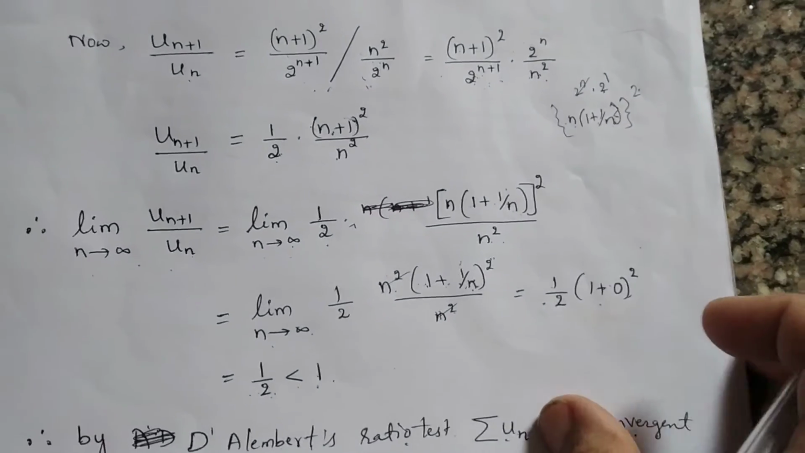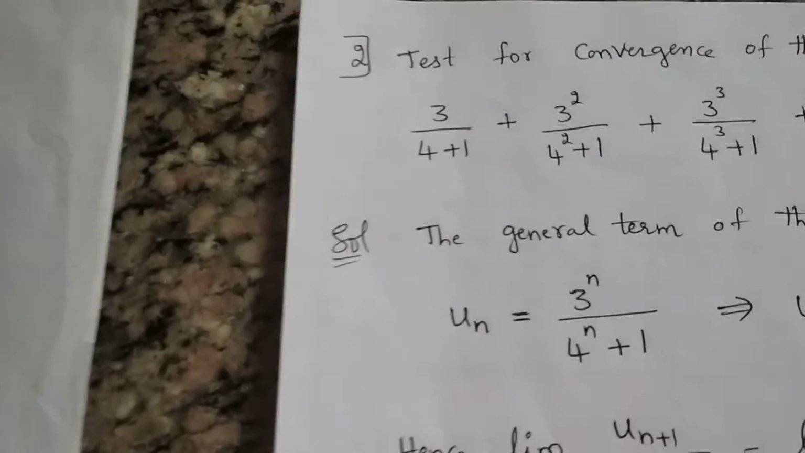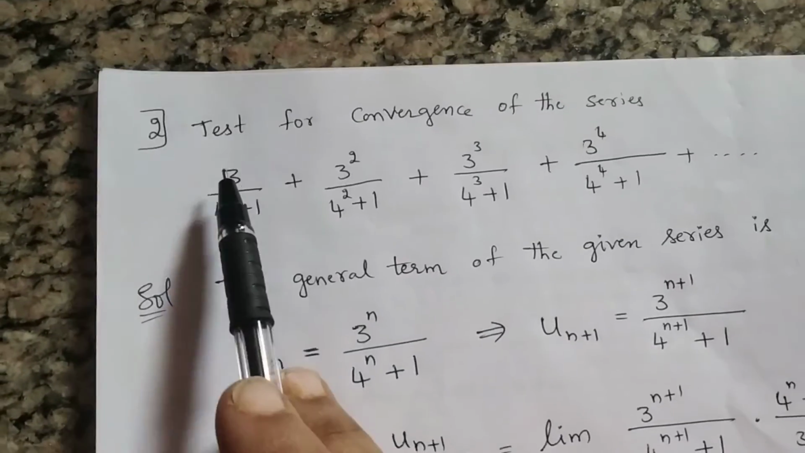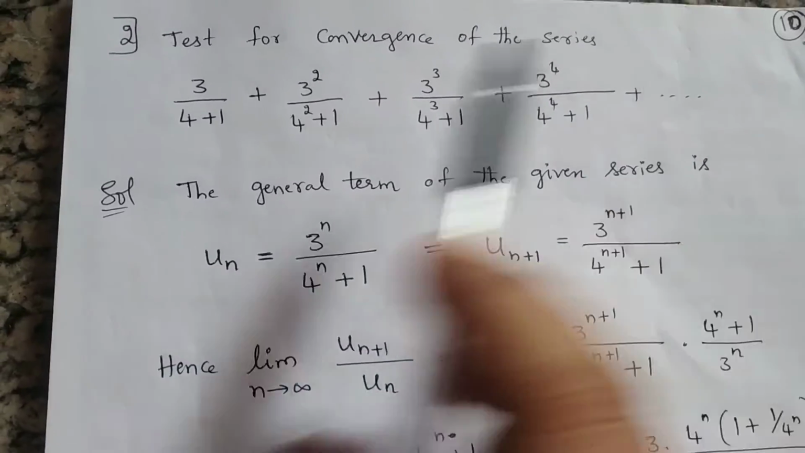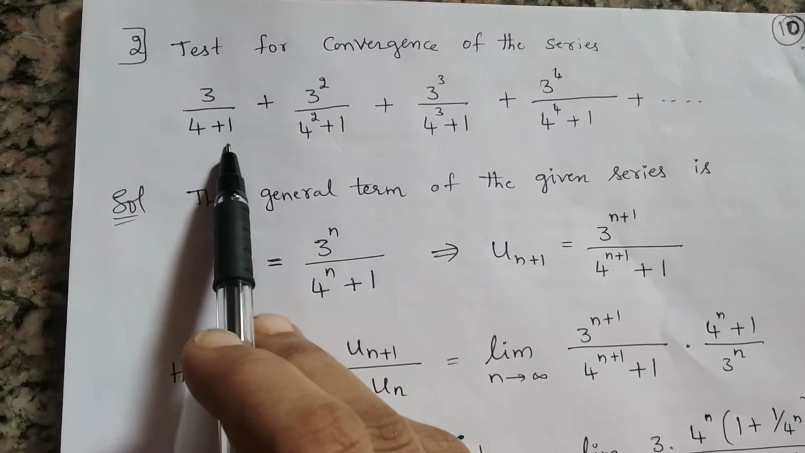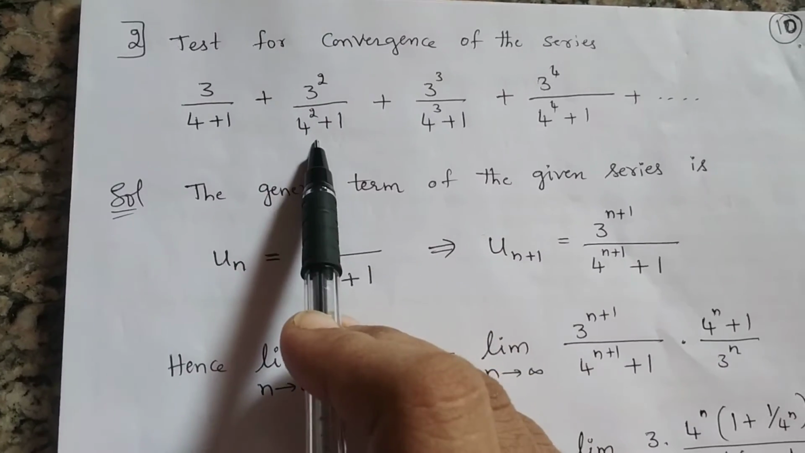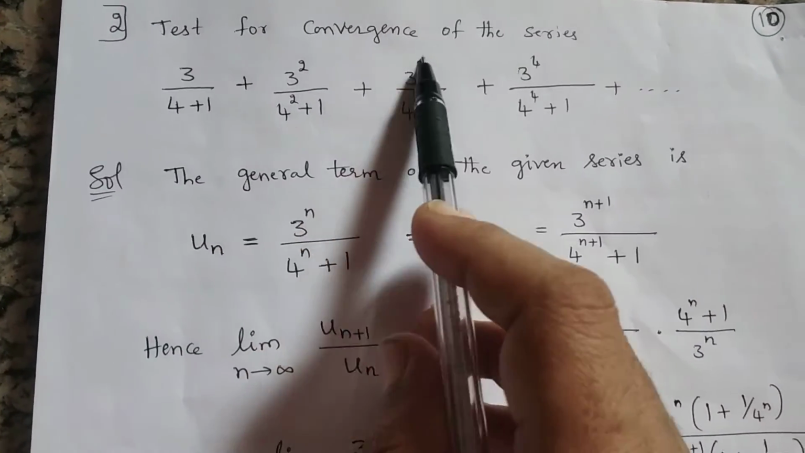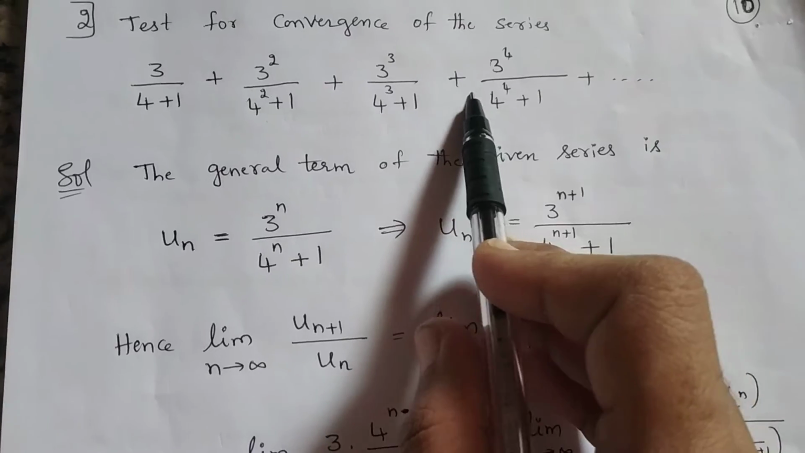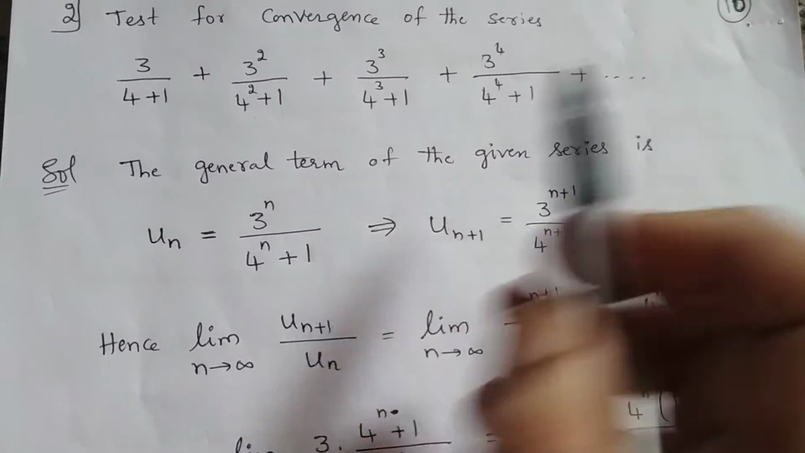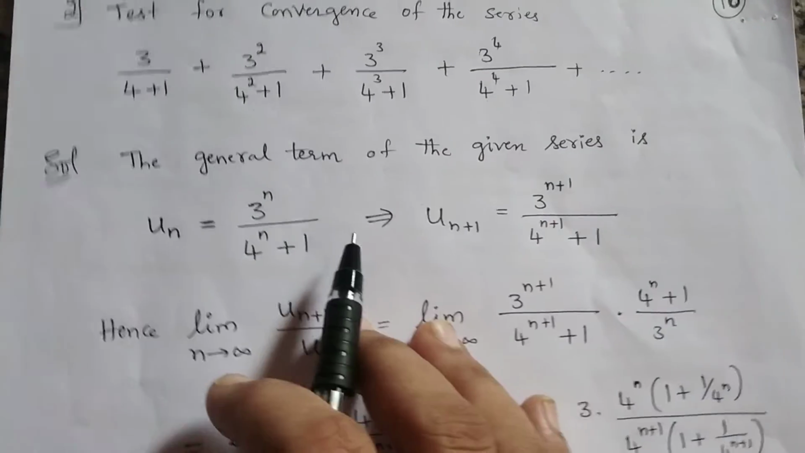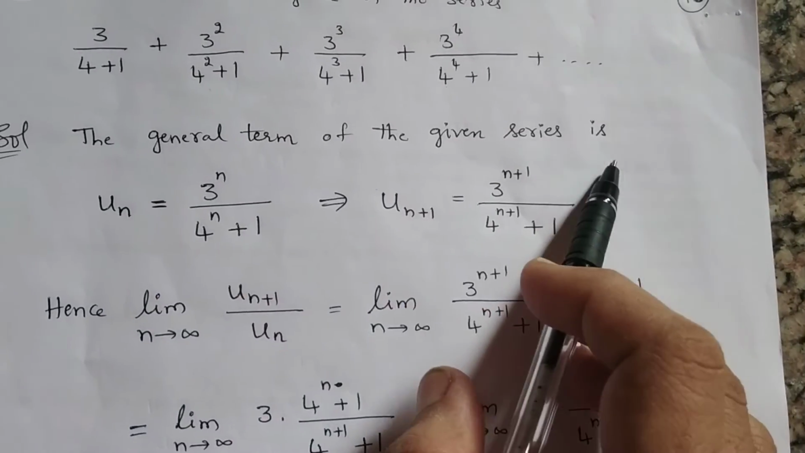Yes, let us move on to the next problem. The next problem says: test for convergence of the series. Observe the given series: 3 divided by 4 plus 1, plus 3 square divided by 4 square plus 1, plus 3 cube divided by 4 cube plus 1, plus 3 power 4 divided by 4 to the power 4 plus 1, and so on. The general term of the given series is